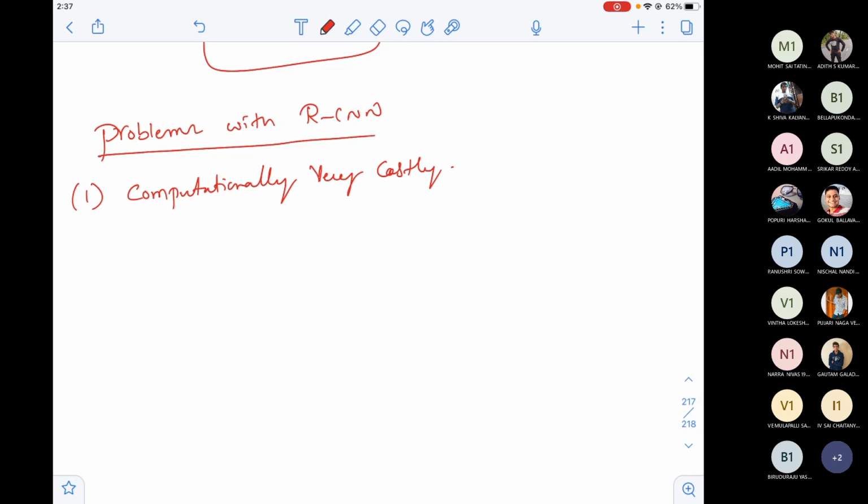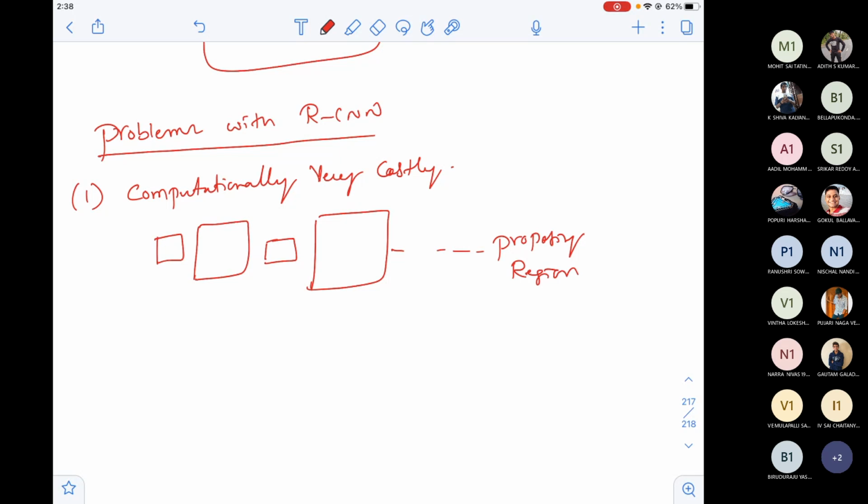Because you are proposing the regions based on similar pixels. Like you say that this set of pixels are very similar, these set of pixels are very similar, then these set of pixels are very similar. Like this, you are proposing the regions based on the similarity of the pixels. But each region should be passed to CNN and again do the classification and regression. Again, this has to be passed to CNN to get classification and regression values. Every box that you propose should be sent to CNN, ensure that the weights are trained, ensure that it gives a classification result, ensure that it gives a regression result.